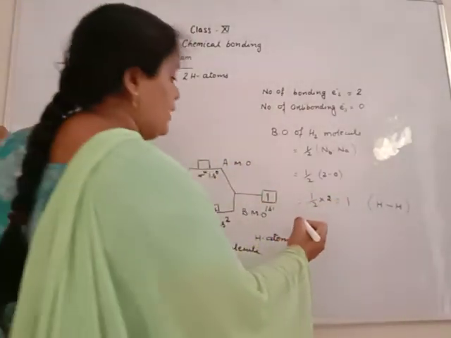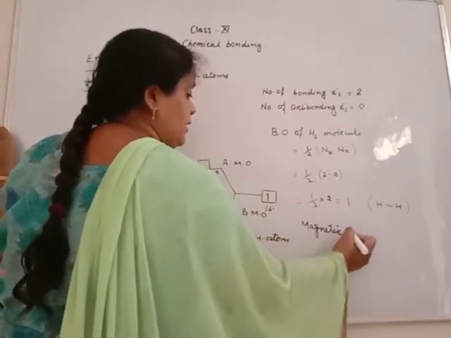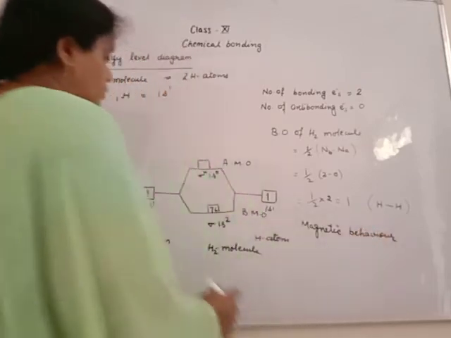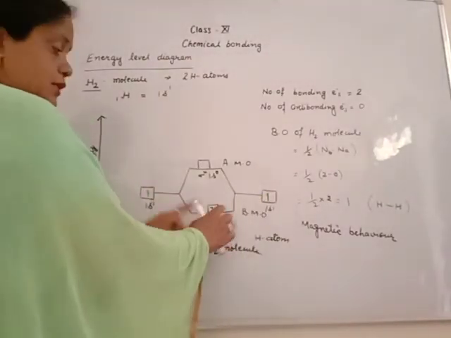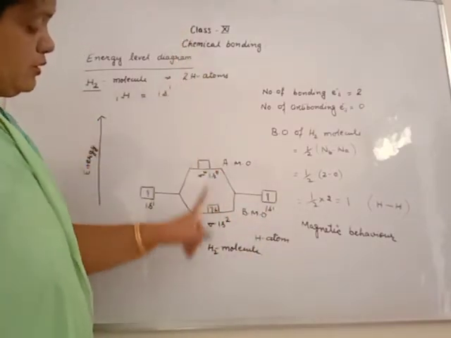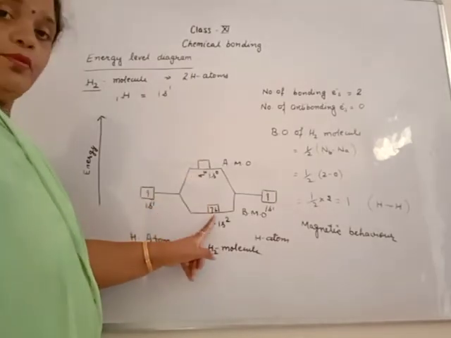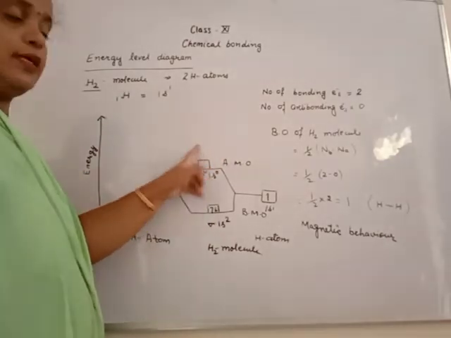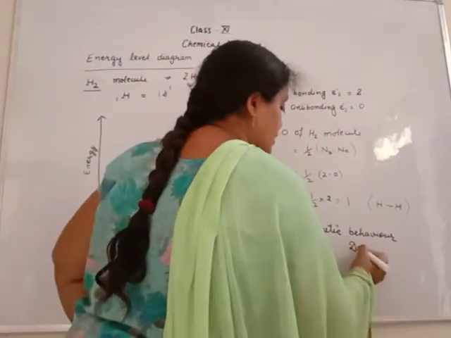Now beta, magnetic behavior. You don't see these because these electrons come here. They are now empty. You will see only the molecule's 2 electrons, paired electrons, unpaired 0. That means it has paired electrons. We will leave the empty orbital, right, beta. If unpaired, then paramagnetic. There are no unpaired electrons, that means diamagnetic. Nature is diamagnetic.